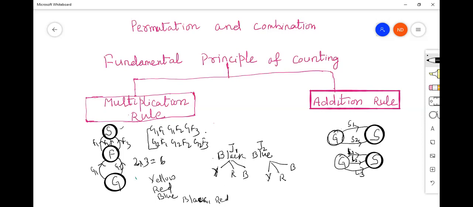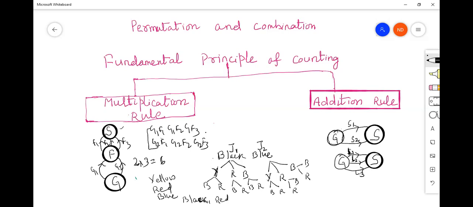So here you can say black, red, then here black sneaker or red sneaker, similarly black or red. And with this also black or red, here also black or red, right? Or black or red. So you can see how many ways you can dress up. Now for the class, how many ways you can dress up? If you count this, see 1, 2, 3, 4, 5, 6, 7, 8, 9, 10, 11, 12, right?